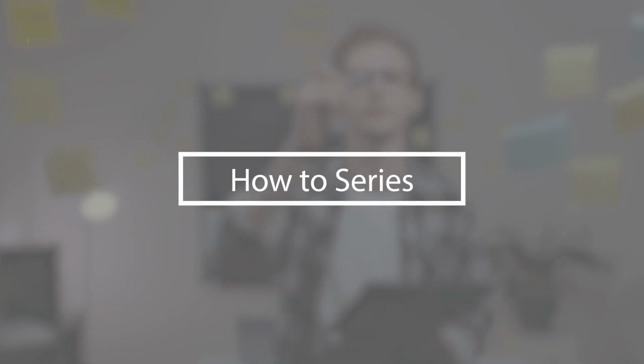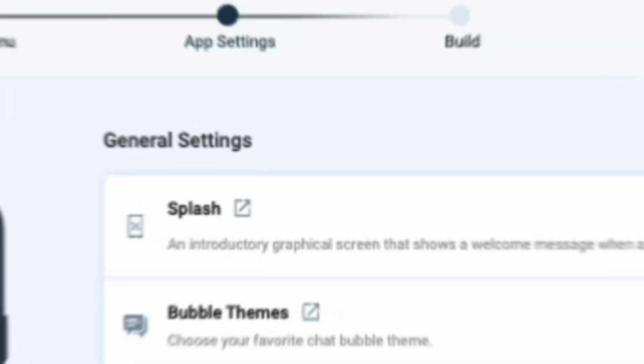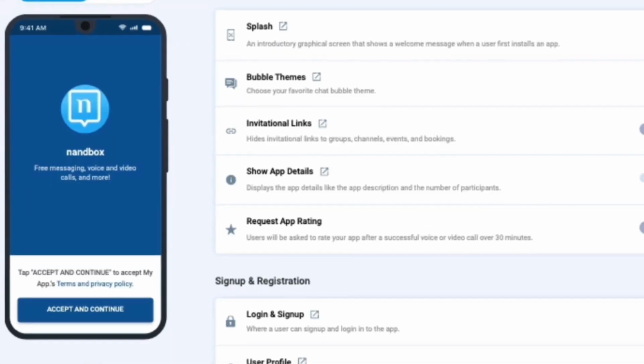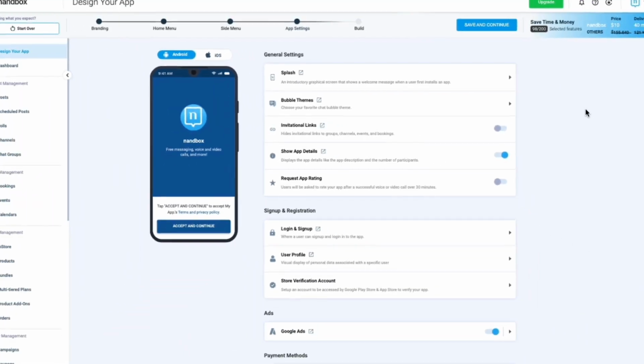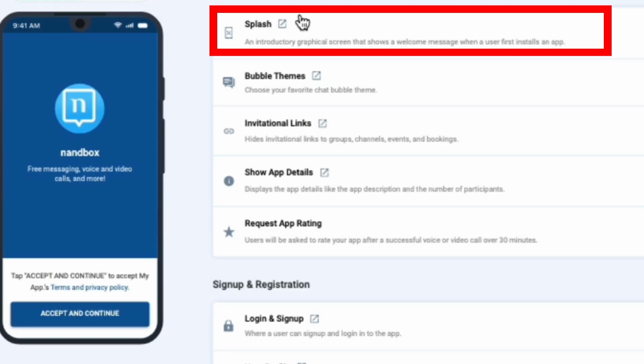As we continue our journey through the nandbox app builder, we've arrived at the app settings section. The app settings section is where you can configure the common features that would affect the entire app. In this video, we will tackle 4 examples of common features that your app might need, starting strong in the